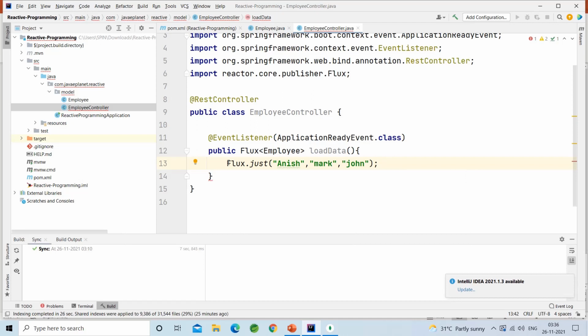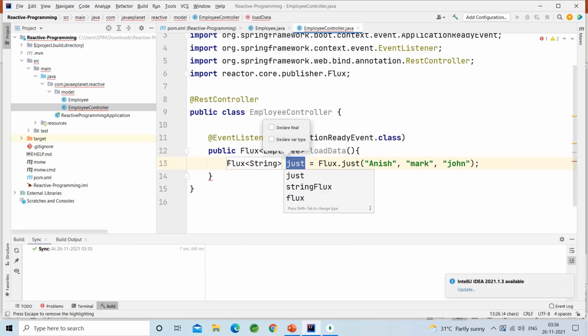Press Alt+Enter, introduce local variable, names.